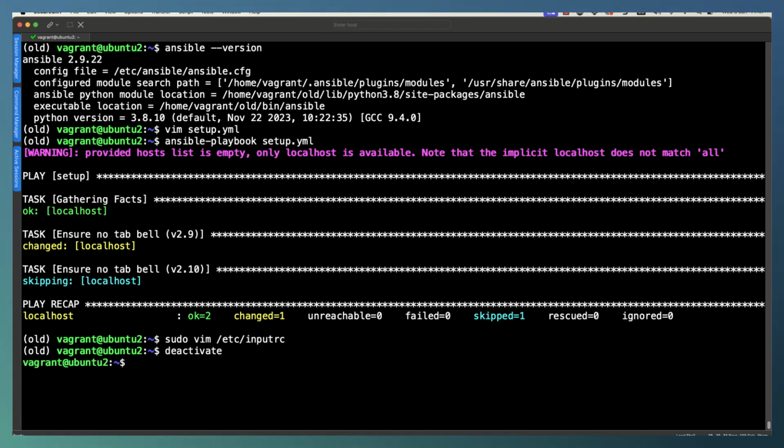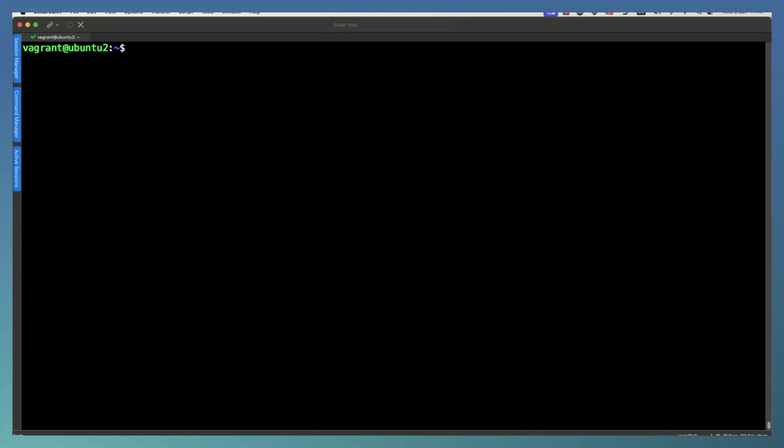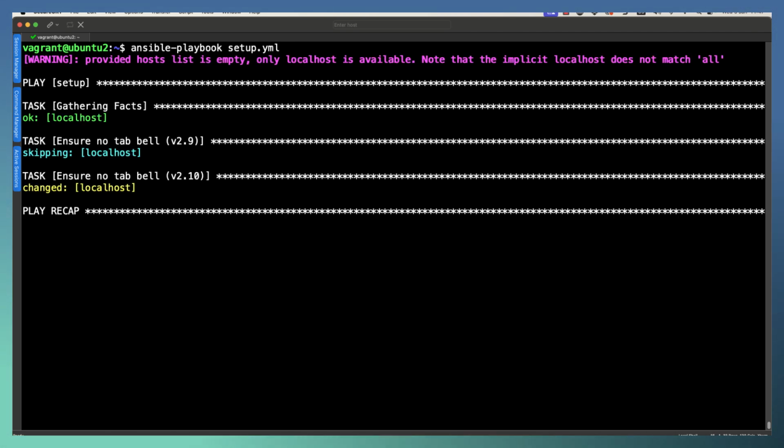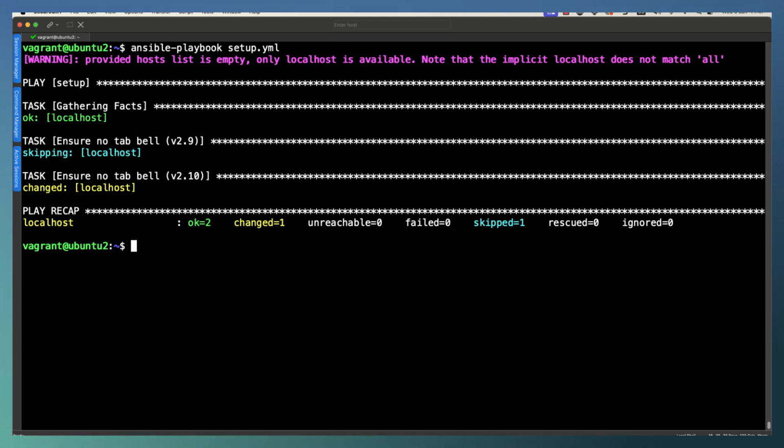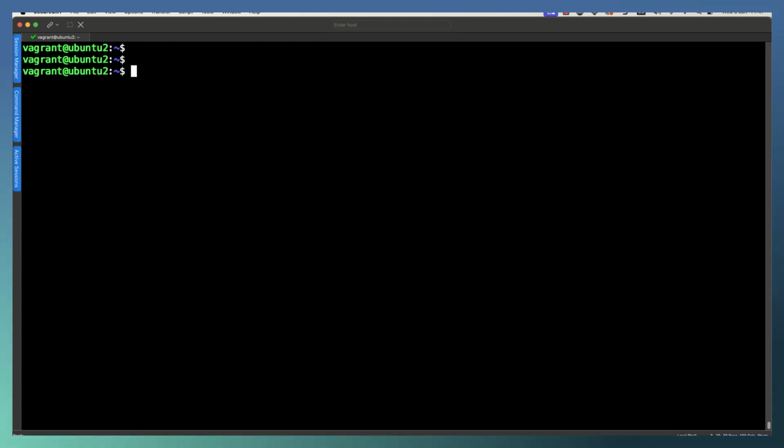So I can deactivate our virtual environment. We're back working now with Ansible 2.12. So if we execute the same playbook, we should see a different task is executed now. And we can see, sure enough, it's the 2.10 task that has been executed. And of course, it will have made those same changes. So everything is working well for us, and we're able to cater for our different Ansible controllers.